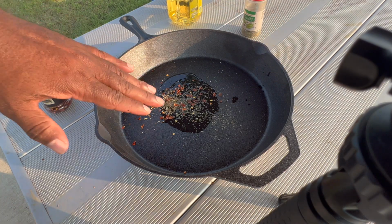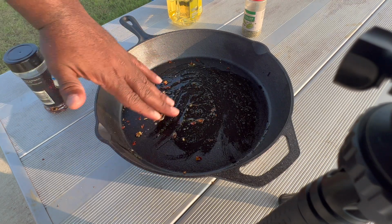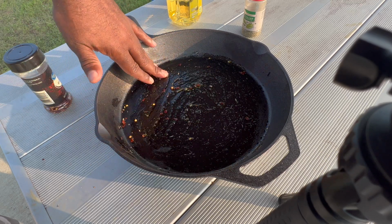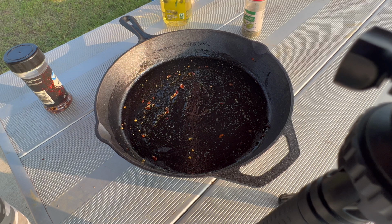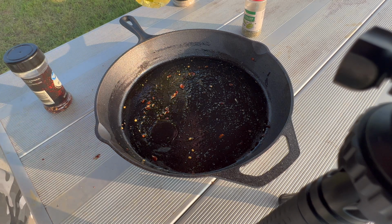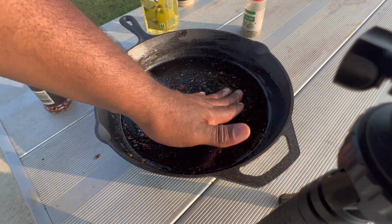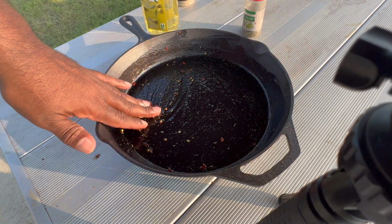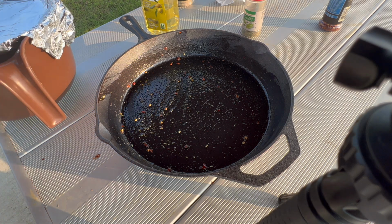And I'm just going to take my fingers, kind of season that, spread it along the bottom of the pan. Get that good and coated on the bottom. I'm going to add just a little more, so I can bring it about half an inch up on the side of the pan. Now that my pan is ready to be put